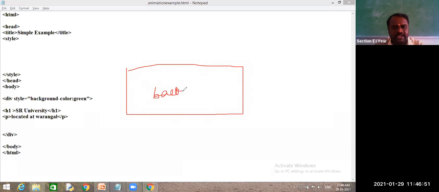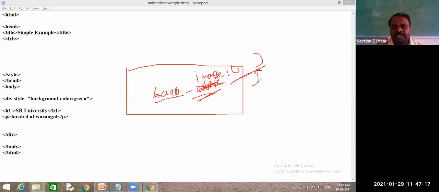I have taken one element as a background and I have changed background colors. Try to do with images. I have always written background color, background color, background color. Just remove this color and write image and give the image here. Then see how it will display.